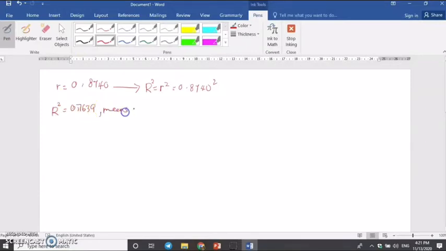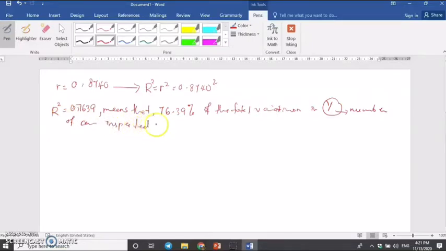So you just put that 76.39% of the total variation in Y, which is number of car inspected, is explained by X, which is number of week employed,